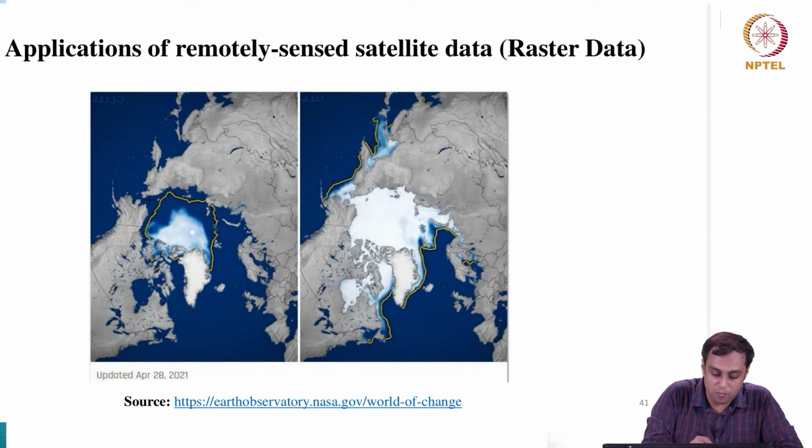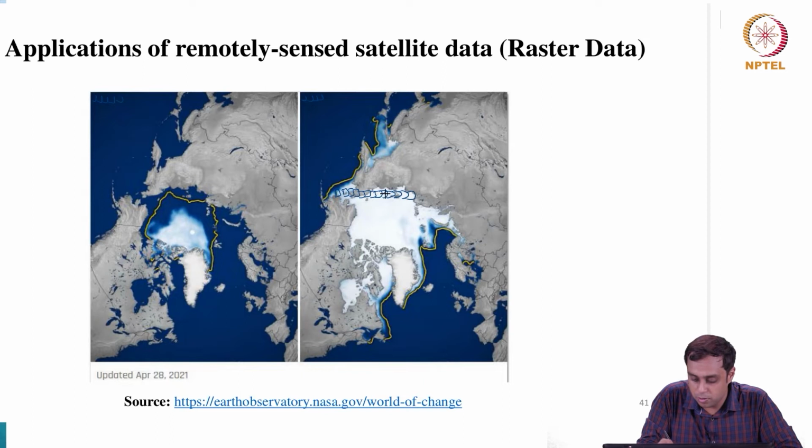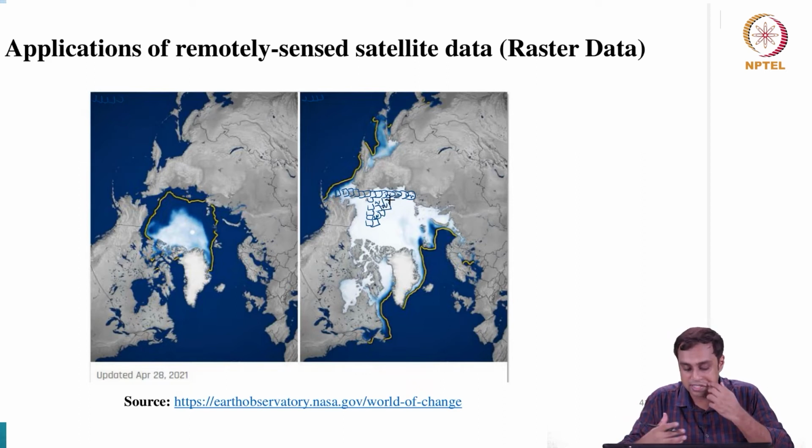When that's happening, in winter, you have a certain value, let us say W, for all these pixels that I am drawing on the Arctic ice. That's the way our raster data are organized, right.